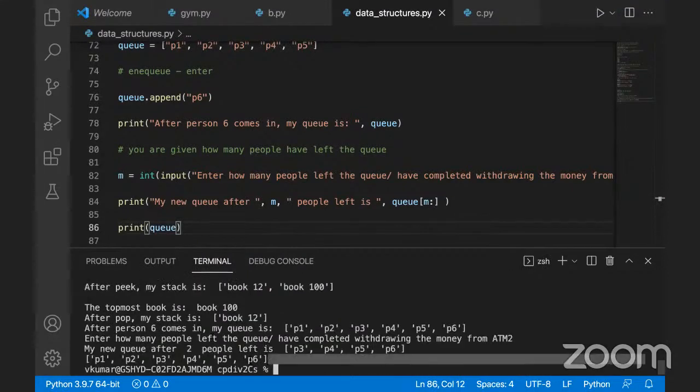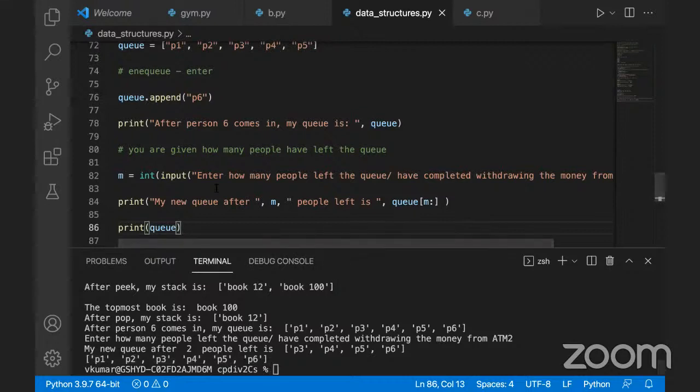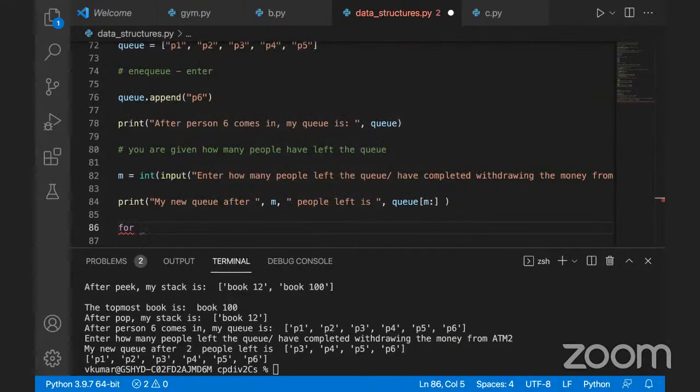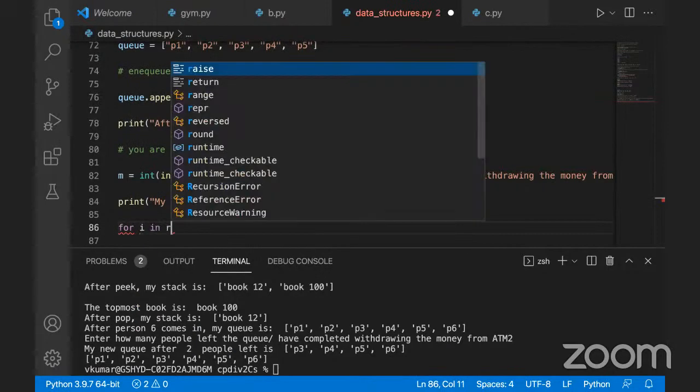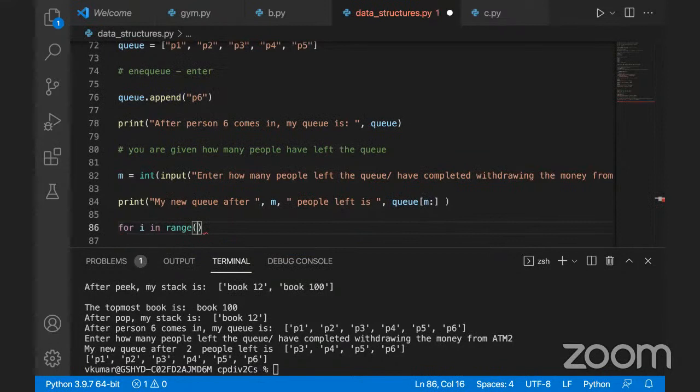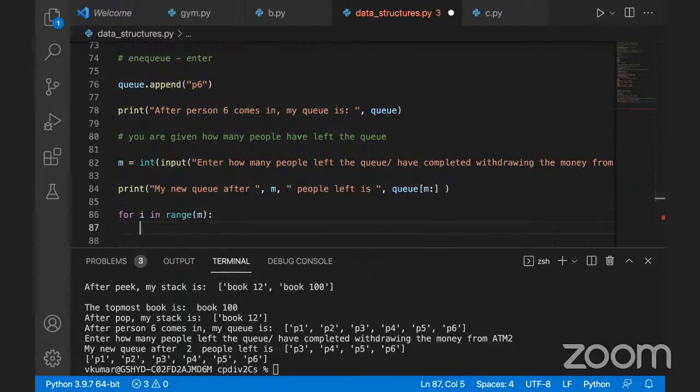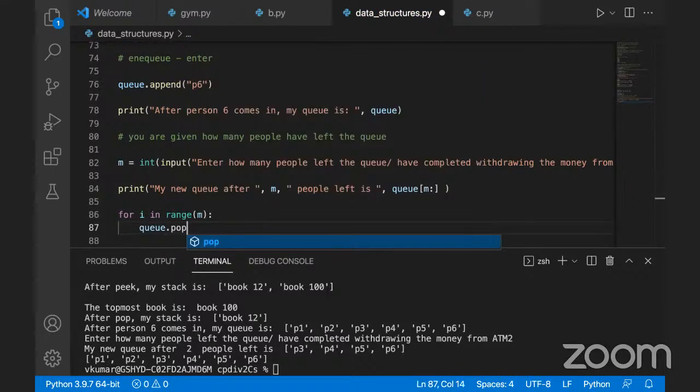But see, if I just print the queue again, back to where we were, it's P1, P2, P3, P4, P5, P6, right? Other approaches can be a little expensive. So what I can do is simply write for i in range, up till M. For i in range M, I'll just write q.pop